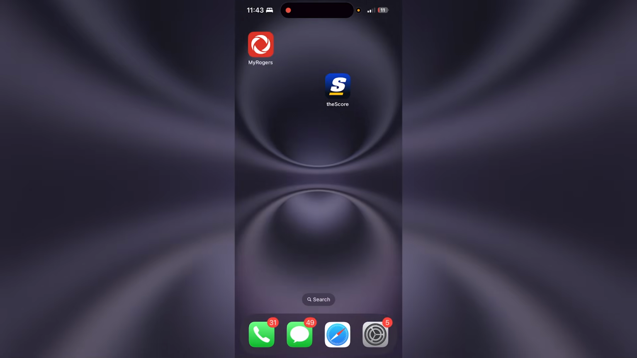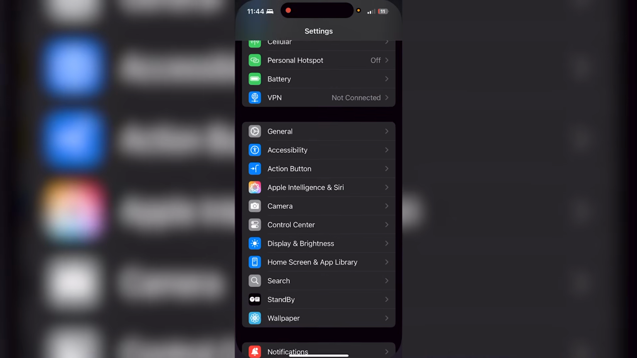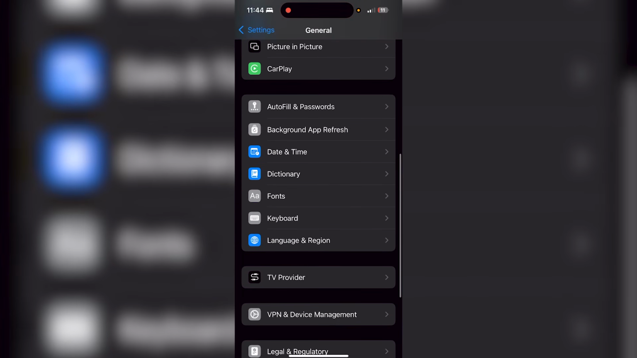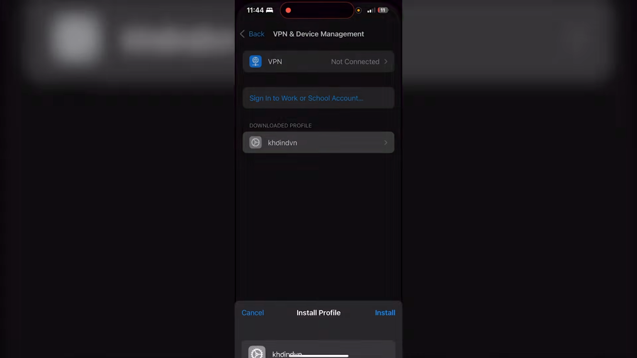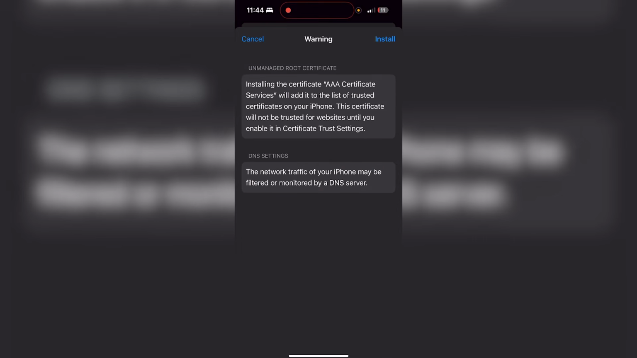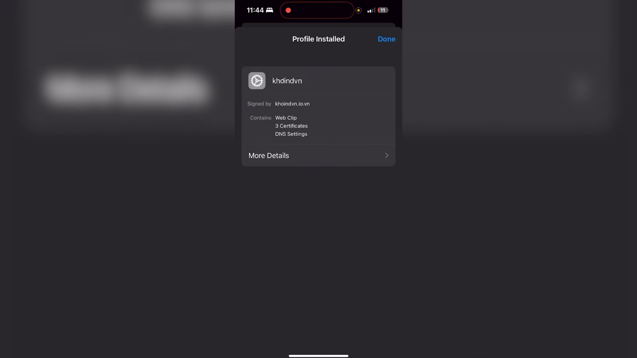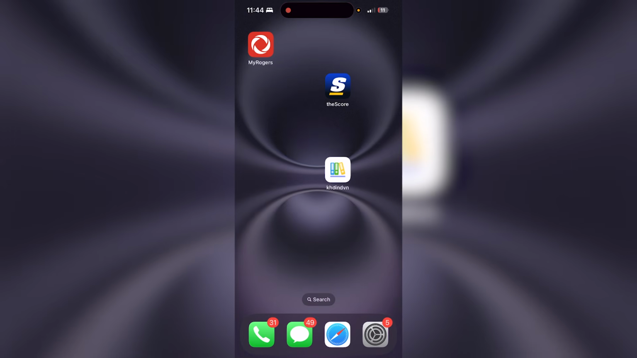And now you can just swipe out of Safari, go into settings, general, scroll down into VPN and device management. You'll see your downloaded profile, so just click on that, click on install, enter in your passcode, install, and then install here. Click on done, and now if you guys swipe up, you guys will see a new bookmark